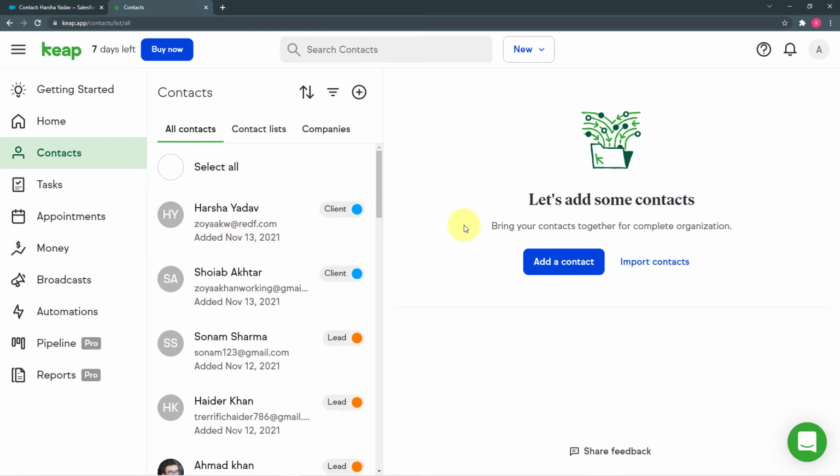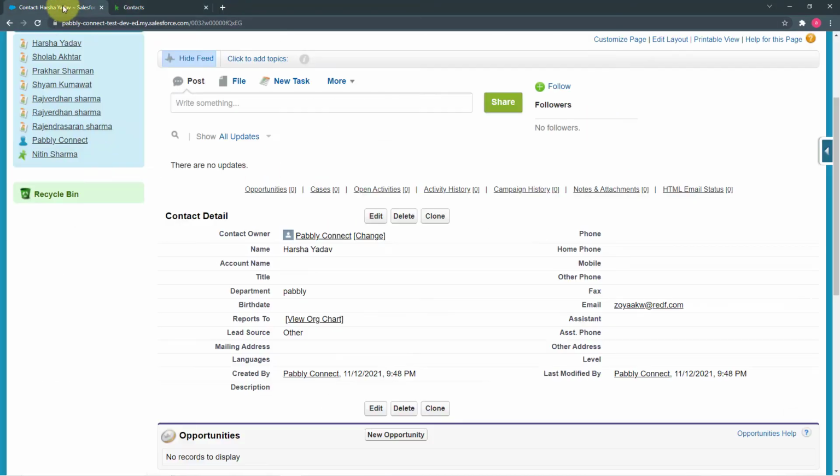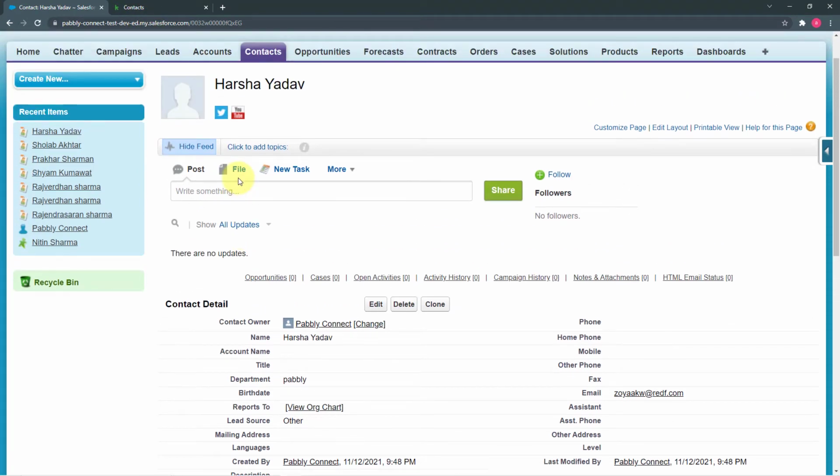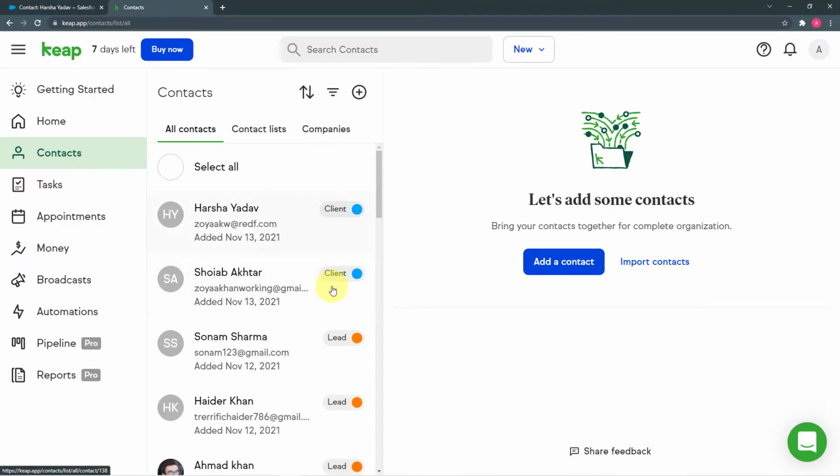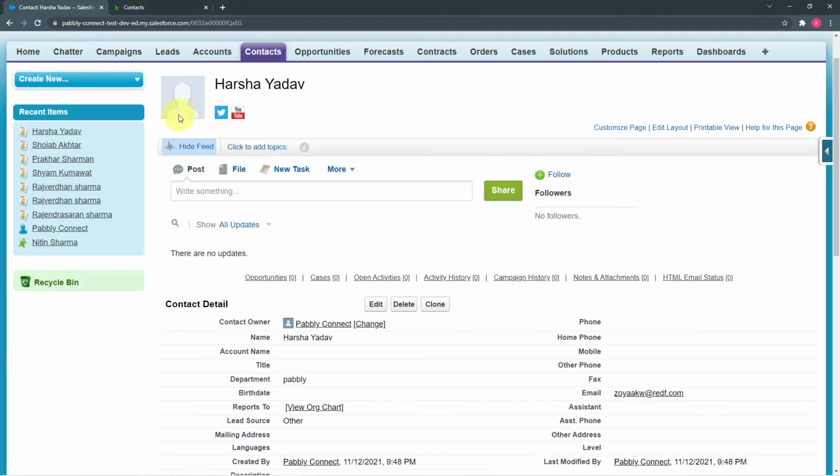So if you are creating hundreds of contacts daily on Keep application, this is going to help you a lot. It will save your time a lot, because the contacts will be delivered on the Salesforce CRM application automatically. You need not make a new contact here and repeat the steps. You just have to fill the details here, create a contact here, and it will be delivered automatically in Salesforce application as well. So you can also make this automation, and let me tell you how you can also do this by very simple steps.